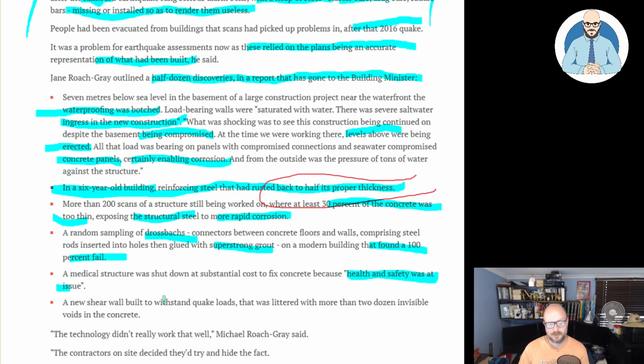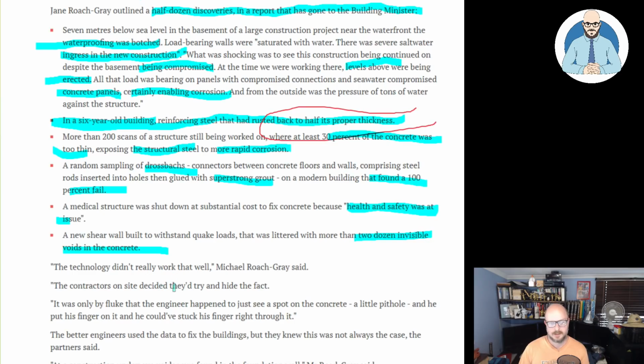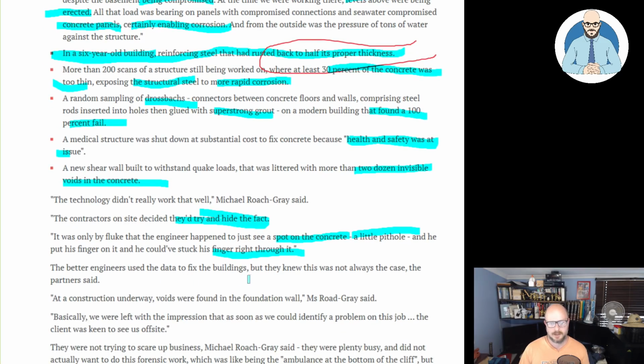A new shear wall built to withstand quake loads that was littered with more than 24 invisible voids in the concrete. The technology didn't really work that well, Michael Roach Gray said. The contractors on site decided they'd try and hide the fact. It was only by fluke that the engineers happened to see a spot on the concrete, a little pinhole, and he put his finger on it, and he could have stuck his finger right through it. Oh. The better engineers used the data to fix the buildings, but they knew this was not always the case,